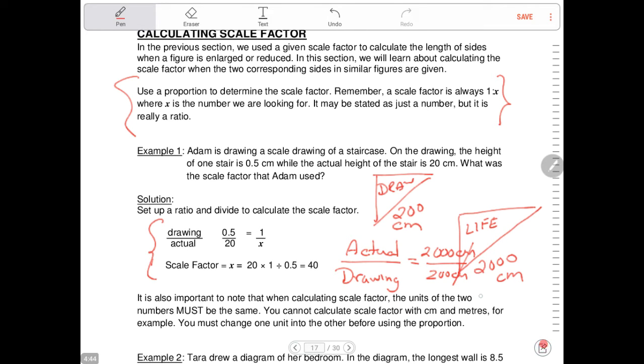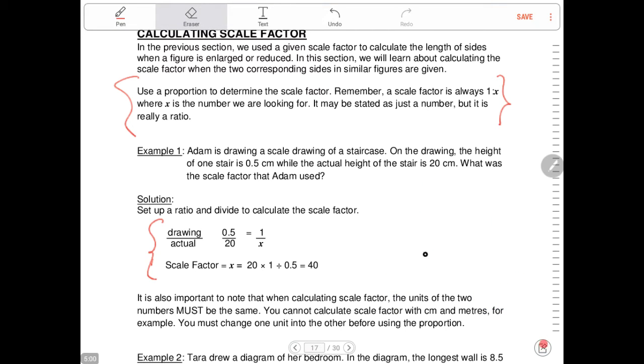But anyway, you're going to get an answer of 10. The scale factor in this case is 10. So look, if you're happy with that, don't even watch the next little bit that I'm going to say. But some people prefer this method